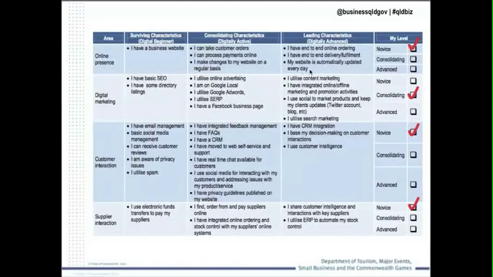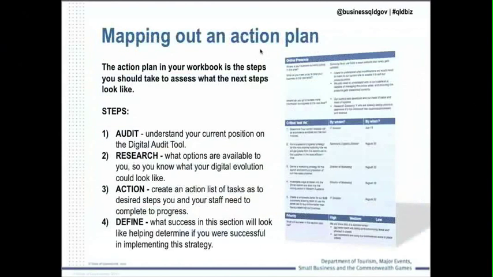And so you can then go in and tick which of the three you feel your business is in. And it gives you a good idea. If you're currently at the digital beginner stage, it gives you a good idea as to what you then should be considering to progress forward to the next level. Once you've done that, you can then start to create an action plan. The action plan steps out the processes that you need to do once you've assessed where you're at in your business from that particular element. It gives you a list of things that you should potentially consider doing to progress and move forward from that particular area. So for instance, after you've done the audit, you probably then want to go through a research phase,